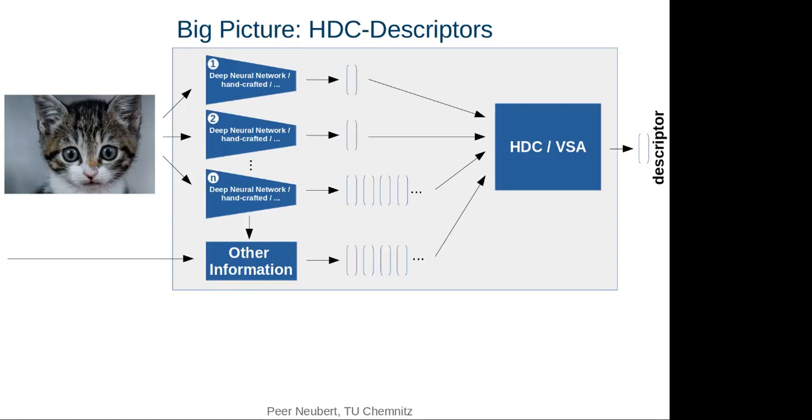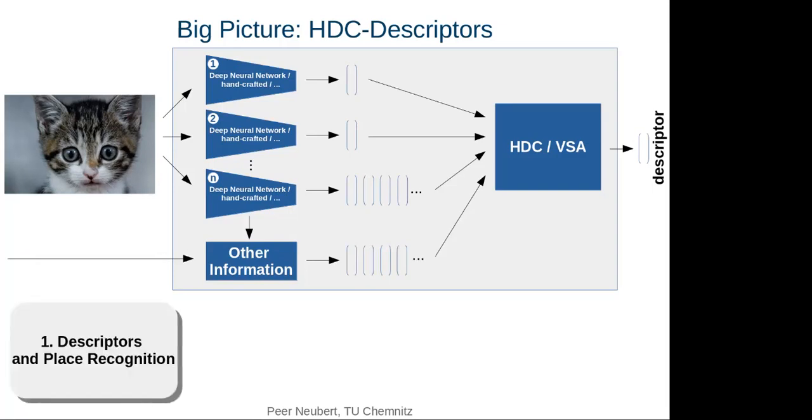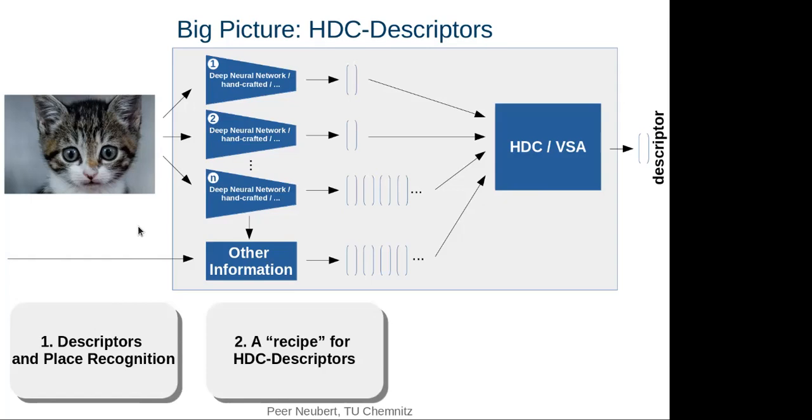And I will talk about this big picture in 3 steps. In the first step, I will talk a little bit more generally about image descriptors and a particular application field, namely place recognition. Unfortunately, this means we replace the image of this cute kitten with some images of, for example, an autonomous car or some mobile robot. So no more kittens. In the second part, I will try to create a kind of recipe,